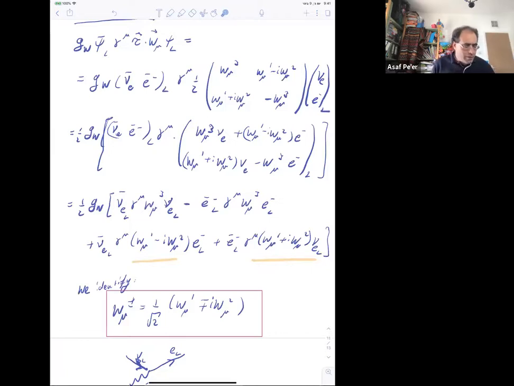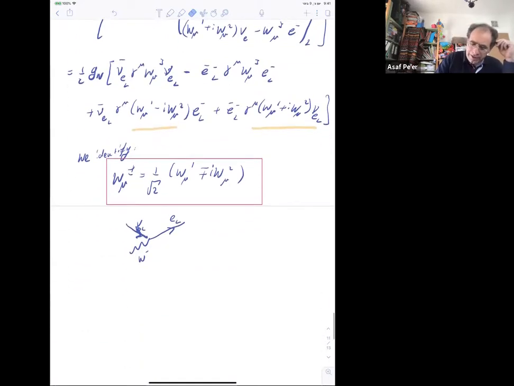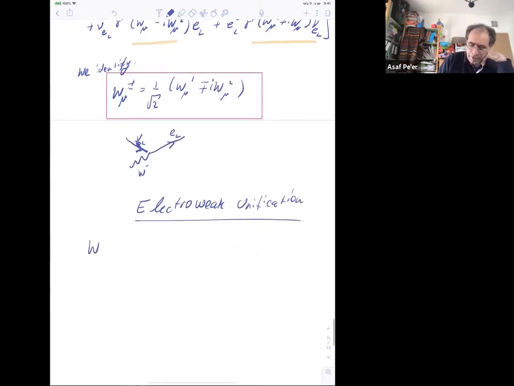So the main problem why we cannot do it is because if we were to do that, then we couldn't get that the Z boson couples to the right-handed fermions. So that leads us to what's called the electroweak unification. So the W3 couples only to left-handed